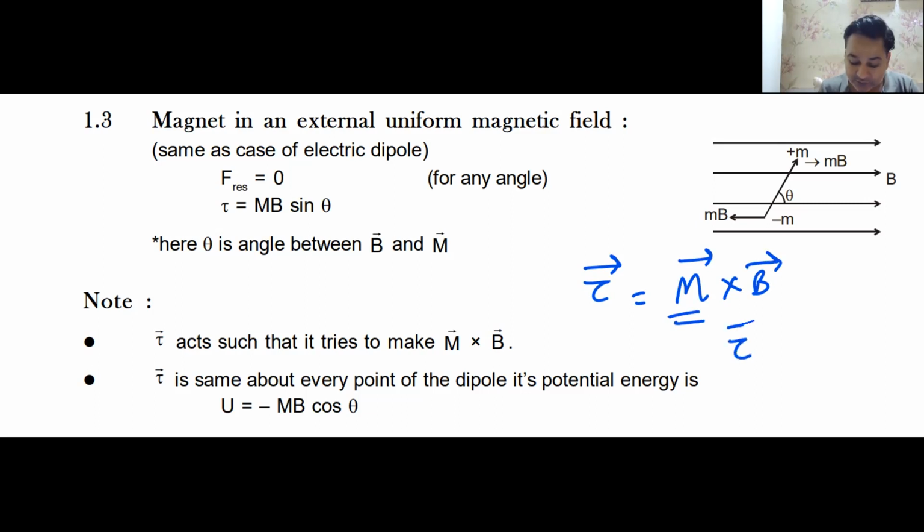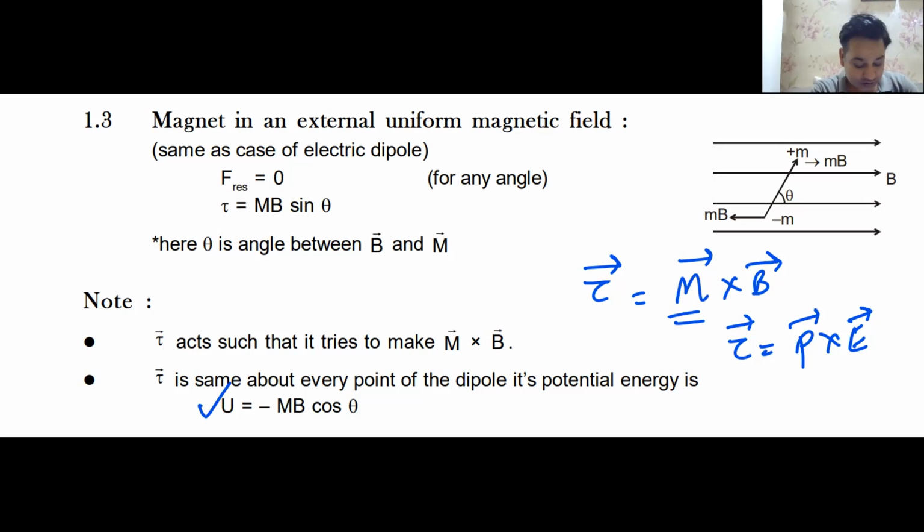If it is for an electric dipole, it is p cross E. Do you know this? Yes or no? Yes, sir. Similarly, the energy of a magnetic dipole or electric dipole placed in a magnetic field or electric field is minus m dot B. You know this? Yes or no? Yes, sir. So any question that comes on this